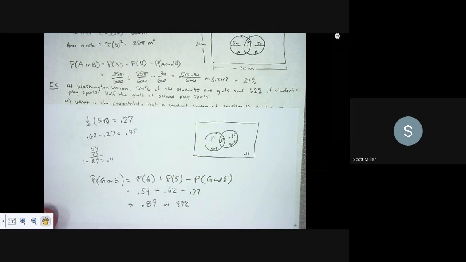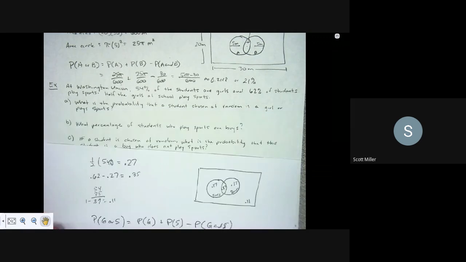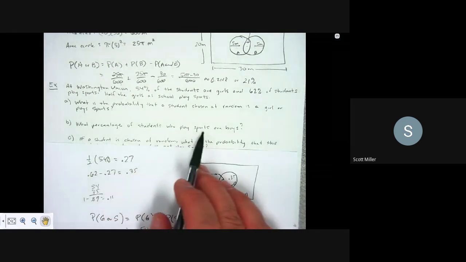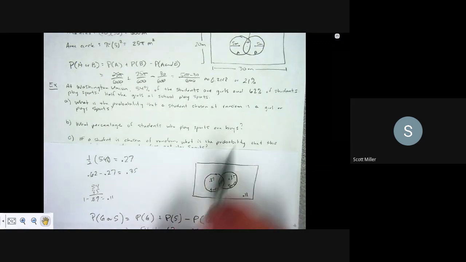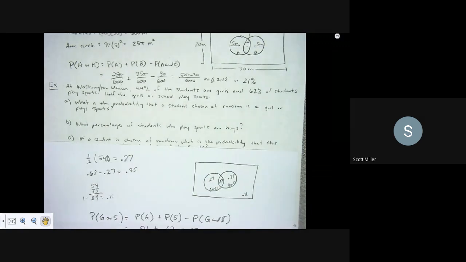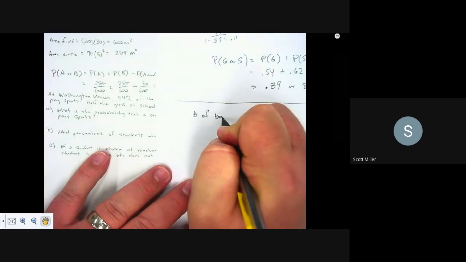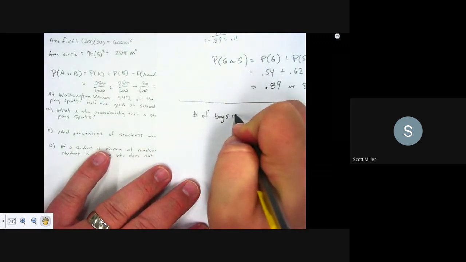So the next question I asked was, what percentage of students play sports are boys? What percentage of the students who play sports are boys? So this is a kind of a different question. Notice I'm not asking you the probability. So what percentage of students kind of refers to a ratio, okay? And so to do the ratio, I need to know the number of boys in sports,